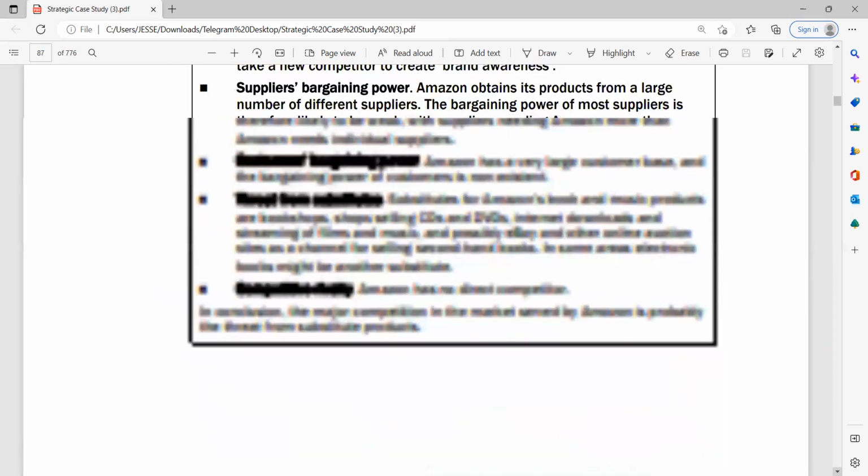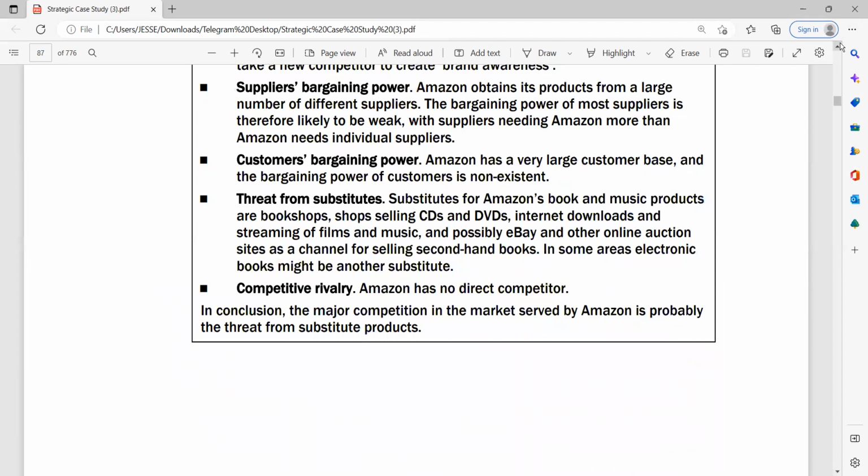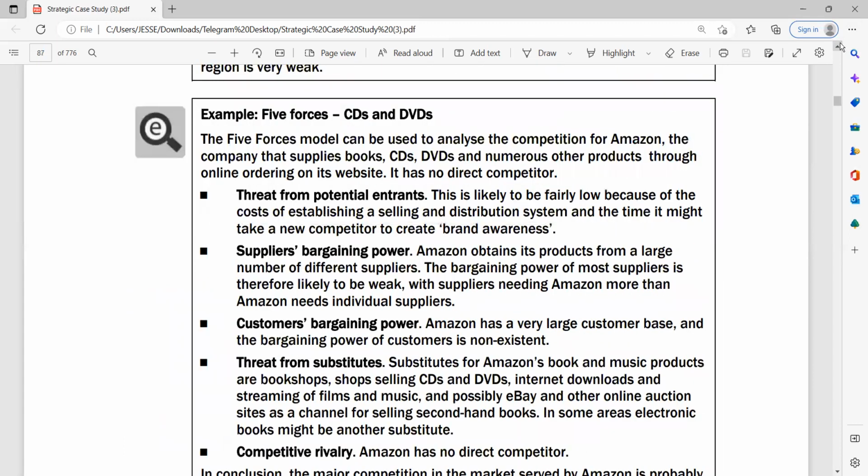So let's take an example. I'll use an example to explain this. Let's look at the example of the 5 forces, CDs and DVDs, right? The 5 forces model can be used to analyze the competition for Amazon. And Amazon is a company that supplies all kinds of things, books, DVDs, all kinds of things. You can find it's there, right? So you are looking at